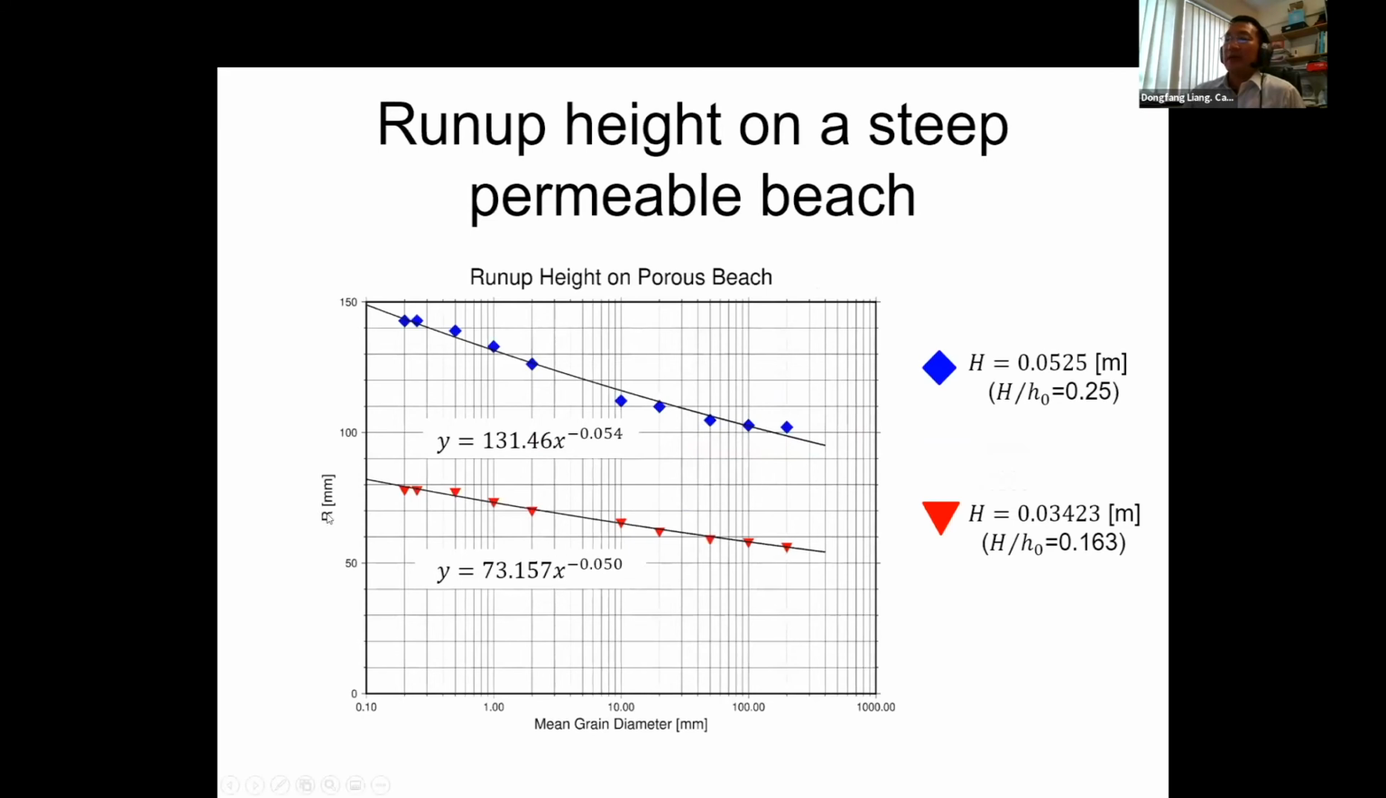So this is the relationship between the run-up height and the mean grain size inside the beach, corresponding to 2 incident wave heights. In these logarithmic plots, for both wave heights, the run-up height almost linearly decreases with the